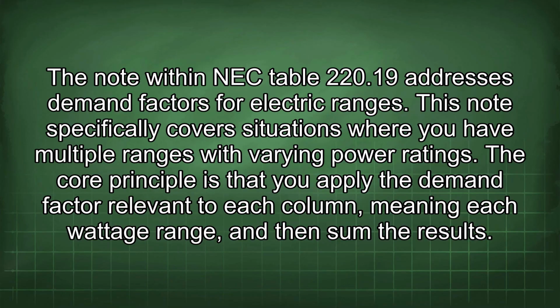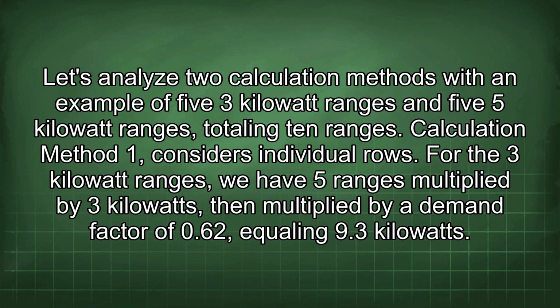The note within NEC table 220.19 addresses demand factors for electric ranges. This note specifically covers situations where you have multiple ranges with varying power ratings. A core principle is that you apply the demand factor relevant to each column, meaning each wattage range, and then sum the results. Let's analyze two calculation methods with an example of 5 3 kilowatt ranges and 5 5 kilowatt